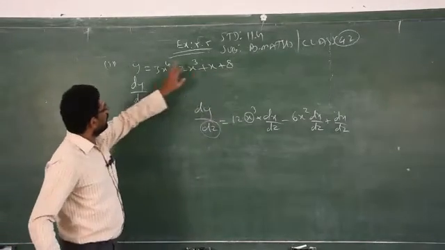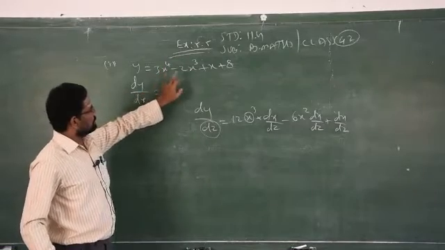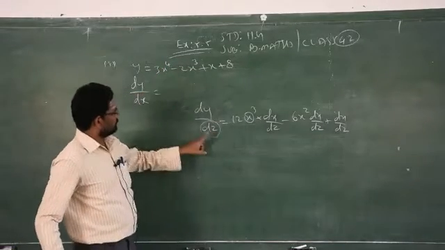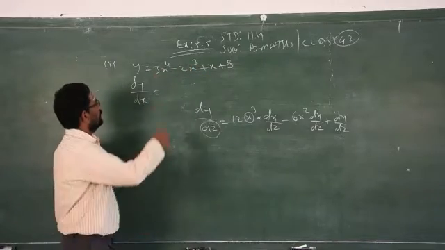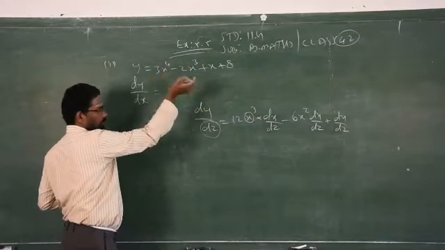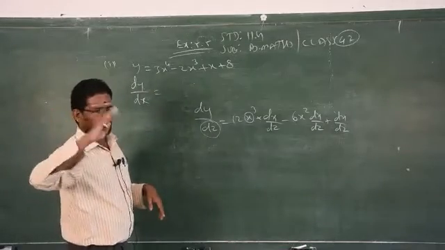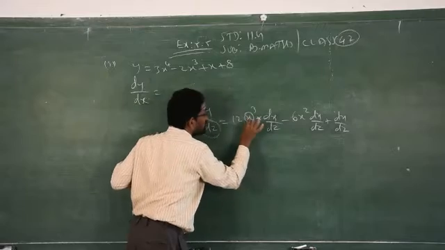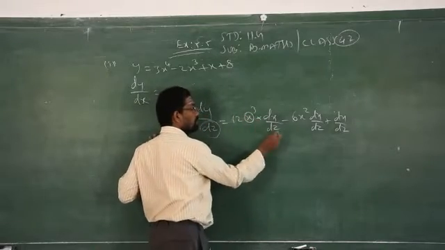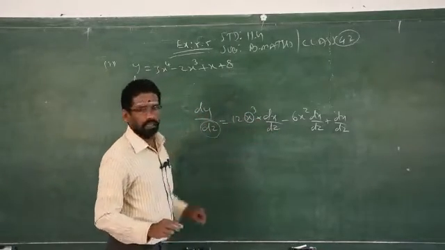So you are differentiating the x with respect to which variable? The function y with respect to z. But there is no z, then how do you differentiate? 4 3, this is the basic rule. Derivatives means you have to always take the power as a multiplier. Then you have to differentiate that variable x also, with respect to which one? Z. Therefore, you have to write dx by dz.